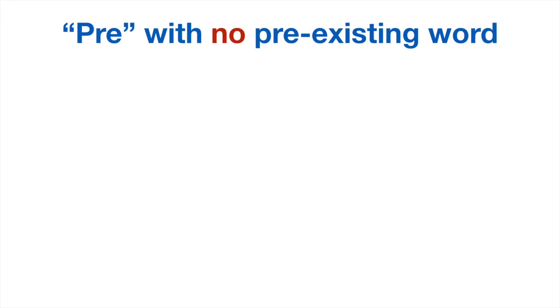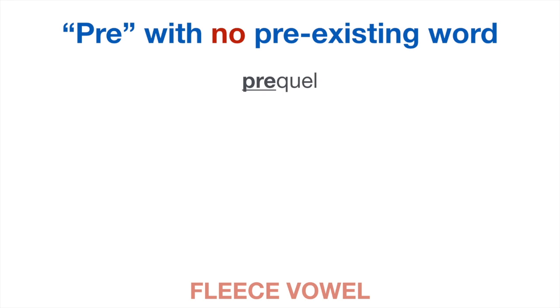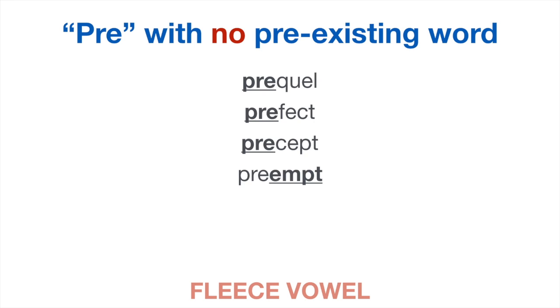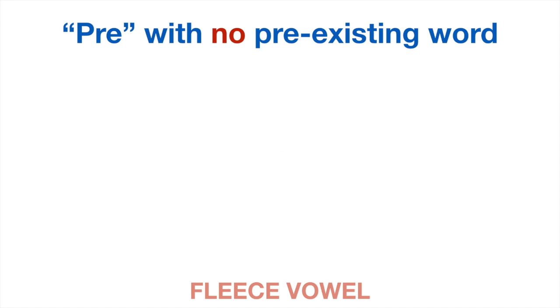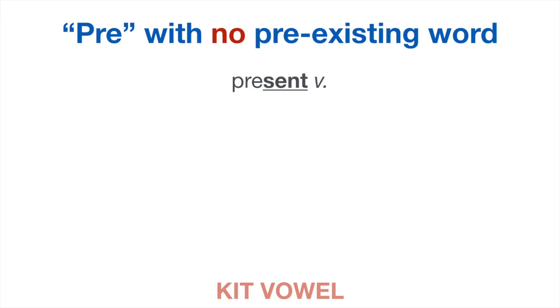Let's first look at the fleece vowels. There are some that keep the E vowel, such as prequel, prefect, precept, and preempt. All of those begin with pre, with E, a long vowel. But let's look at some that have the kit vowel, a short I vowel. These words include the verb present. Now the noun is different, we'll talk about that in a second, but present,